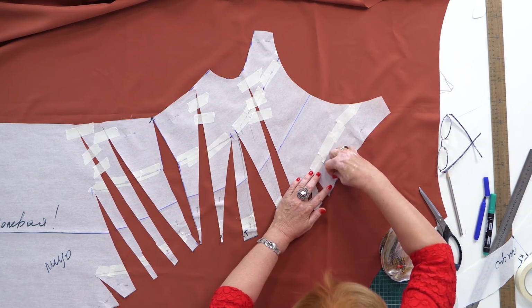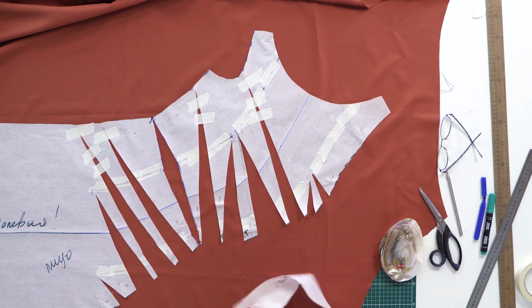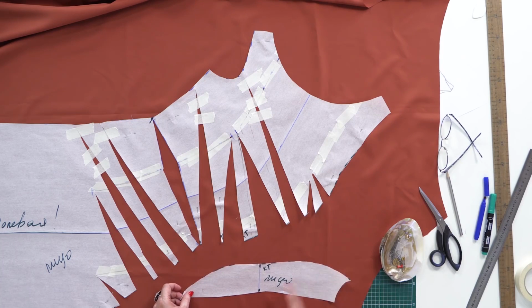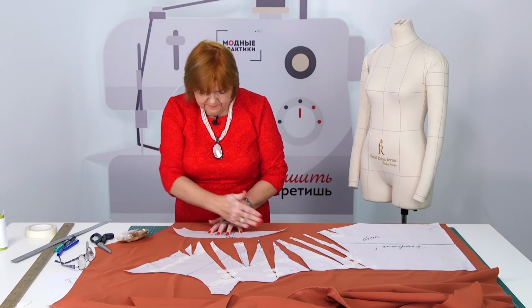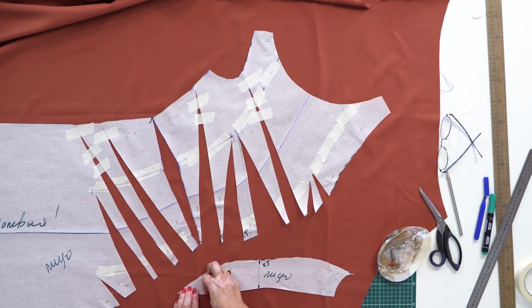I really hope that this video will inspire you to make different garments with draping. Next, I need to cut the side detail. Do not forget about the lengthwise grain. It should be cut this way. This is the crosswise grain. The pattern is ready. I'll show you how to cut the details and how to make draping in the next